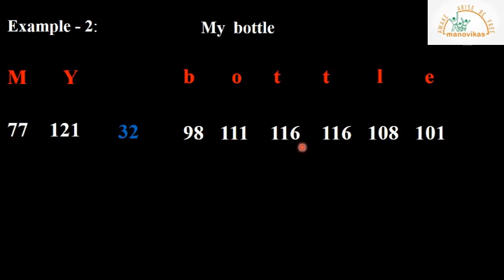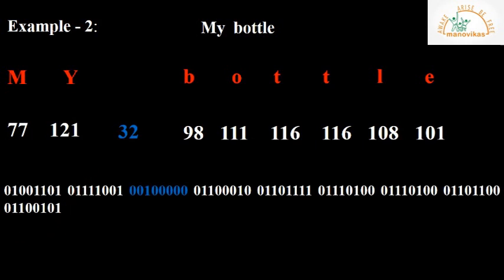Then after writing all the ASCII values, the next step is to convert these ASCII values to their respective binary code. So here I have converted and displayed all these values, and if you see at the start of every binary code you can find a 0 or zeros, that says my code was not having 8 bits, so I have added zeros in front to make it an 8-bit binary code. Is it clear?